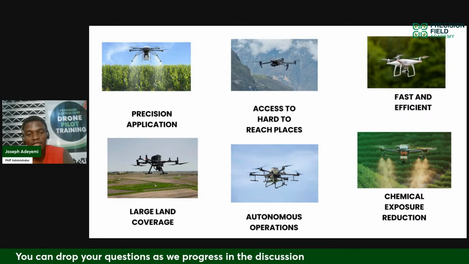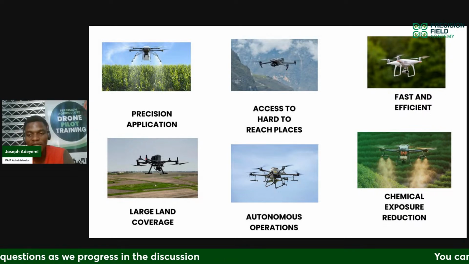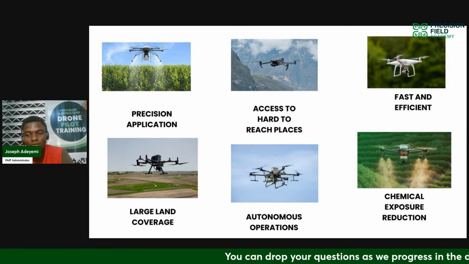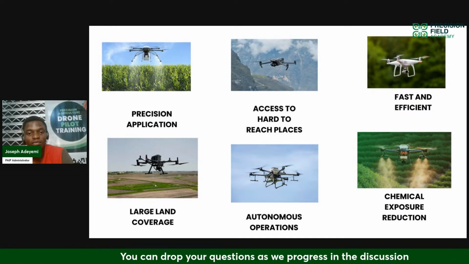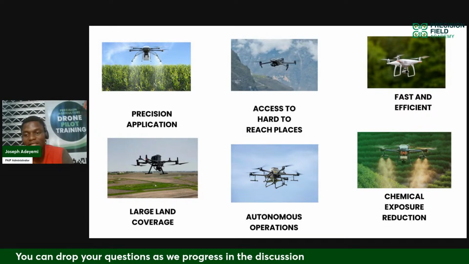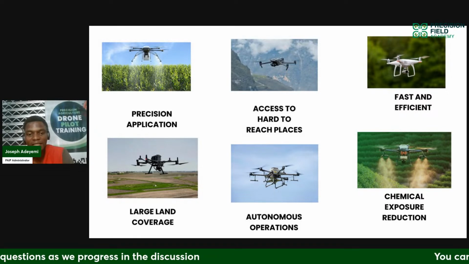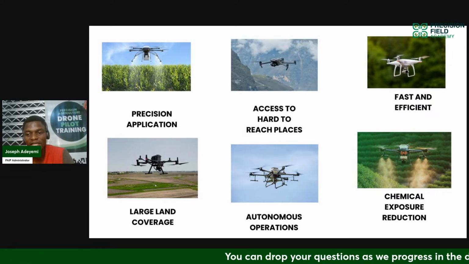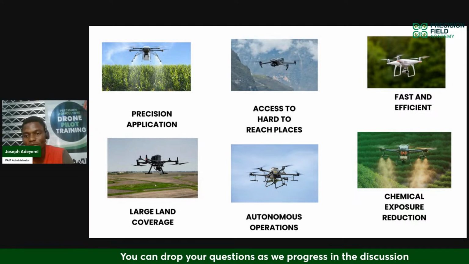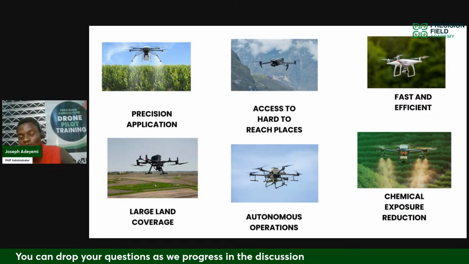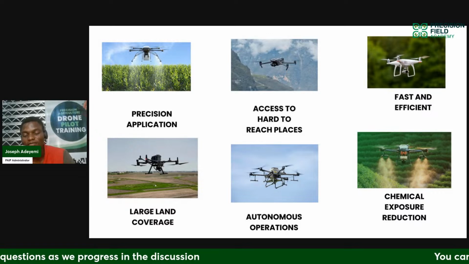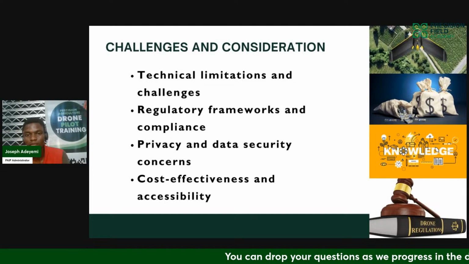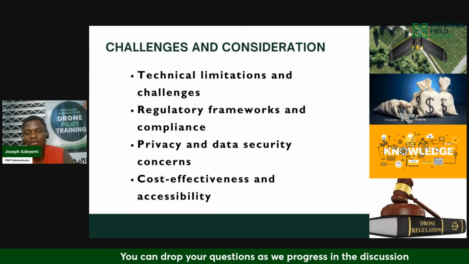Also, sprayer drones reduce the risk of chemical exposure. If you are using a knapsack sprayer, you tend to get in contact so much with chemicals, even while you're using a nose cover and all of these things. And this has a ripple effect on your health. So drones give you the advantage whereby you can stay on a particular side of the field. You do not necessarily need to even walk within the ridges of the farm, and your spraying operation will still be done. So let's quickly look at challenges and considerations.